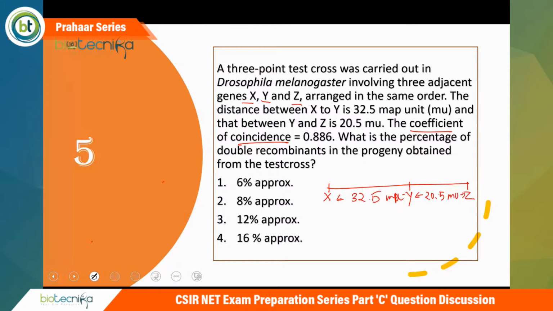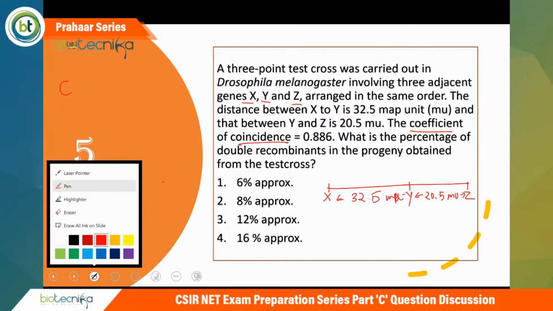That is called the coefficient of coincidence. Again, I will tell you, coefficient of coincidence is the measurement of what percentage of expected double crossovers we are actually observing. So if we see the formula for calculating coefficient of coincidence, it is given by